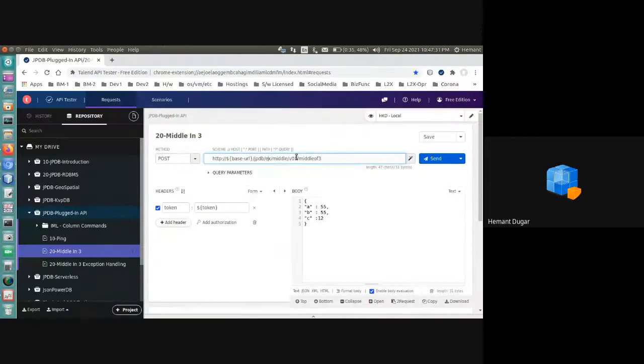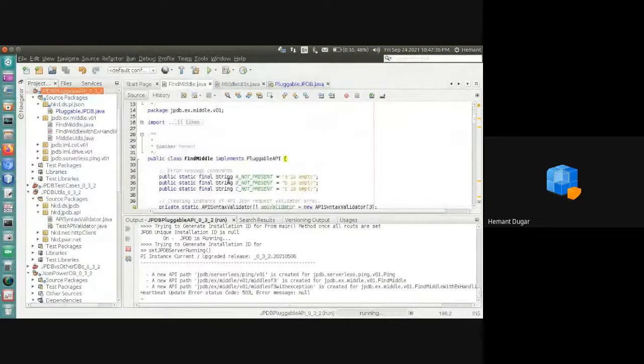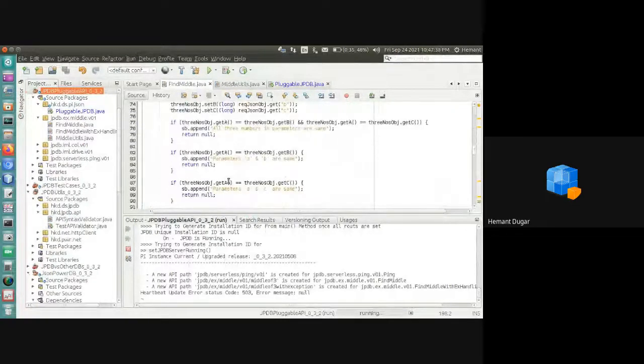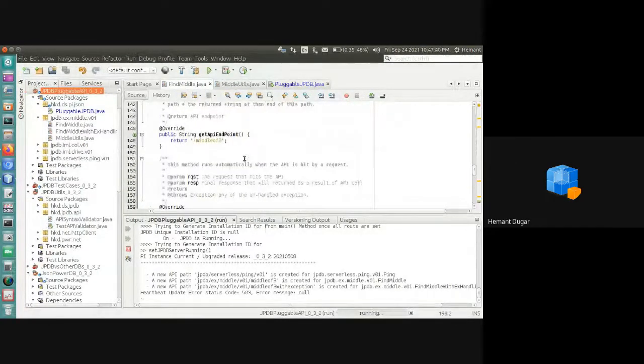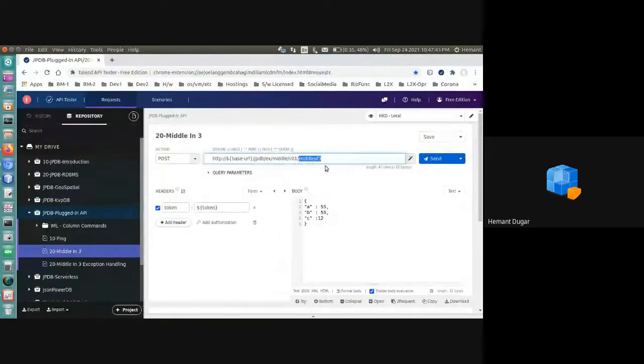So this becomes the path, and then this is the endpoint URL. This is defined inside here. So this becomes the API. And I am sending a request, A, B, and C. If you see, there are two numbers, 55, 55 are same.